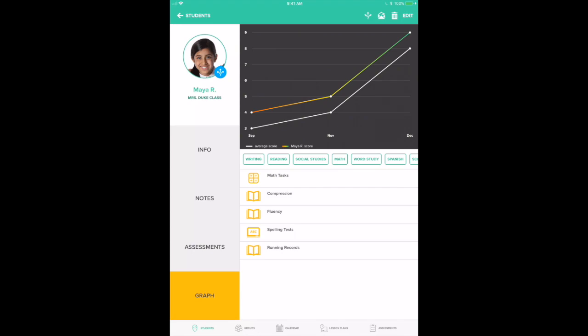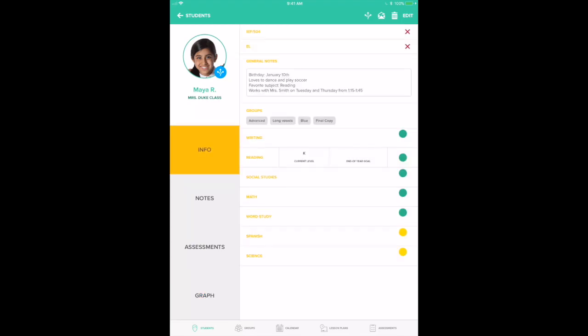I'm now going to take you back to that main info page, and then show you a few of the icon buttons at the top and how they work. One of the things that you can do with your data is export your data. And if you click on the little envelope at the top with the arrow coming out,